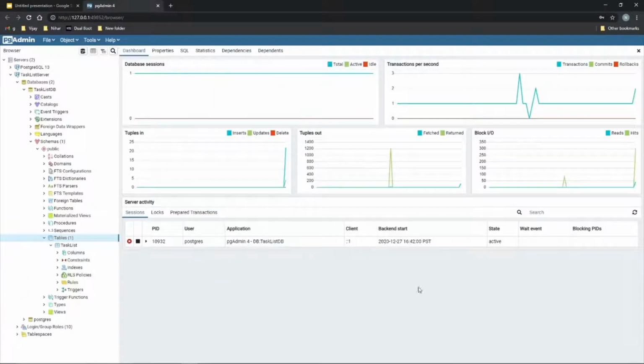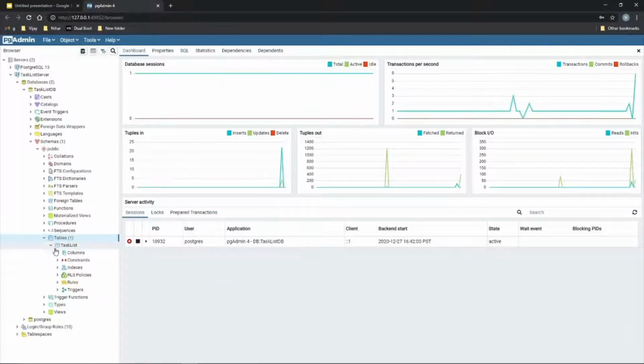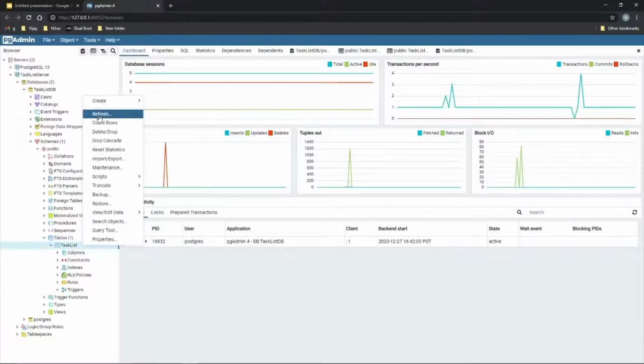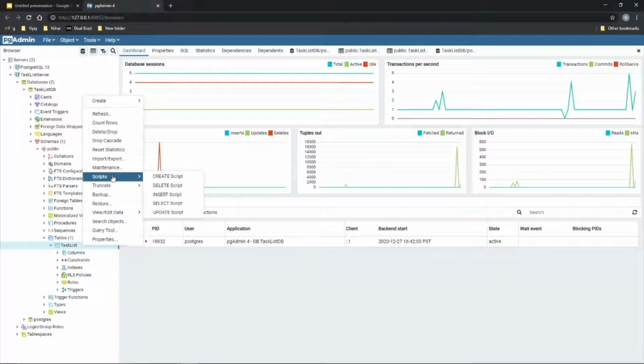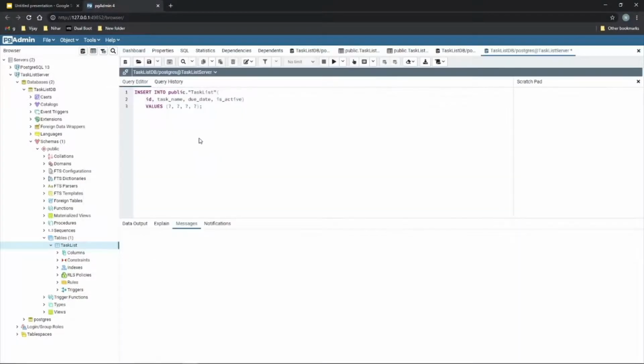So let's save this table. So now we have this here. And now you want to say scripts. And let's add a value. So let's say create script, or actually not create script. This is how you create a table. You say insert script. So it does pretty much all of the writing for you, but you have to just